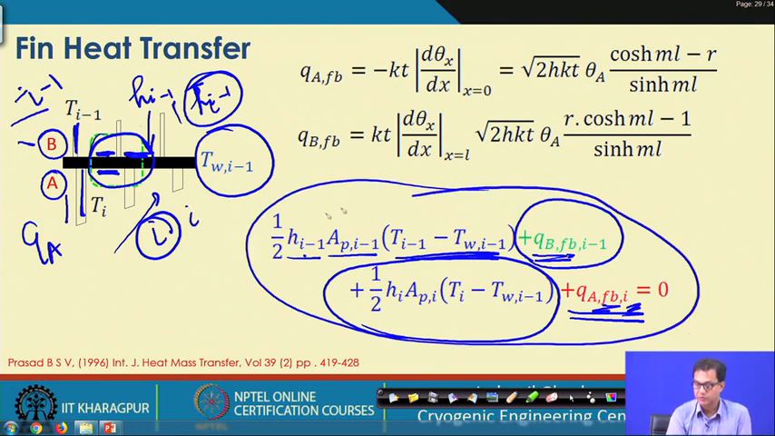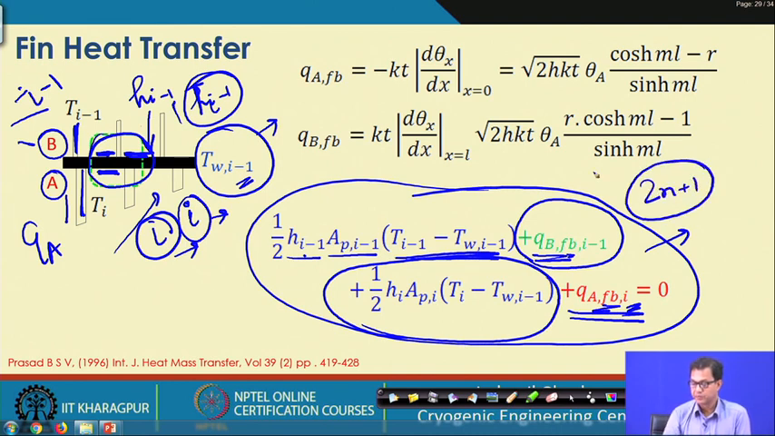This is the equation for the wall of the i minus 1th one, and this is the heat transfer. We have also already estimated the heat transfer for the ith fluid. So, we will have n number of fluid streams and n plus 1 number of walls. Altogether, 2n plus 1 such equations we would be able to frame,